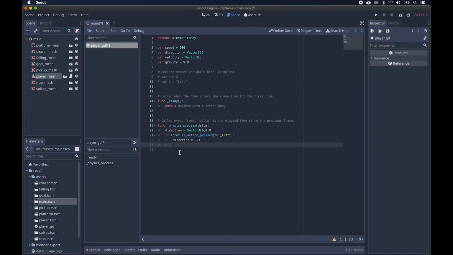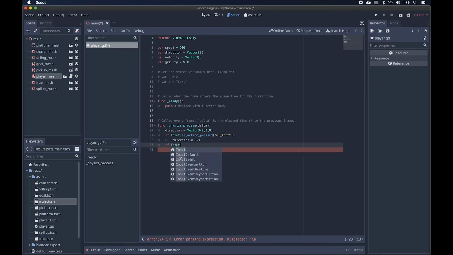Just as an example, if I were to write my if statement here and make it check for the right key, in fact what would happen is it would only check for the right key if the left key was already pressed down because of the indentation here. If I do this, then this if statement is not reliant on this one and the function will check for them separately. So I'll choose input is action pressed,